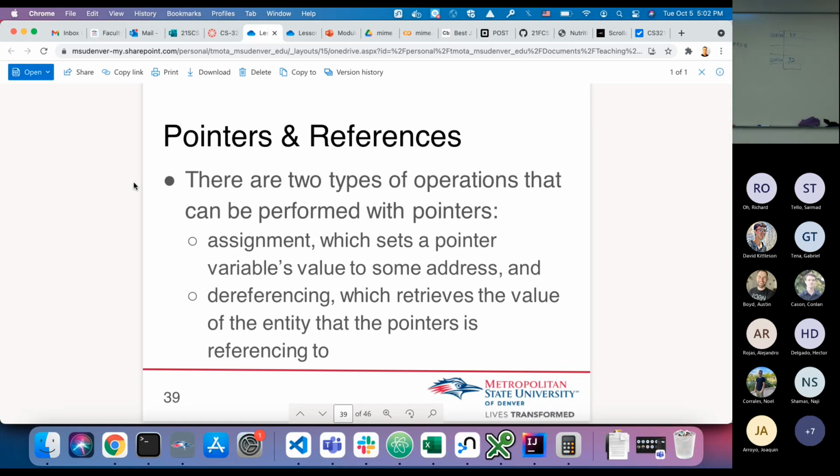So pointers allow you to directly reference memory, right? So I want to address this specific memory location. So I use a pointer to assign a memory address to that specific memory location. Usually we don't do that, but for some applications, that's important. So let's say you're writing the low-level code to control satellite hardware, something very specific,